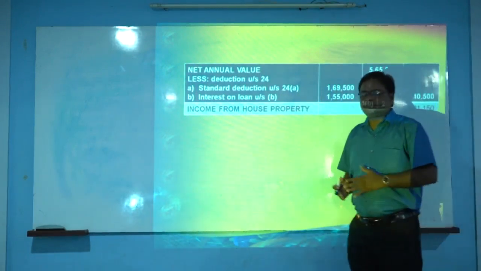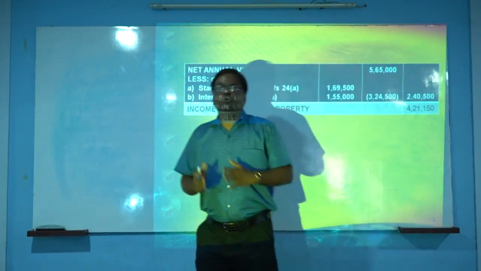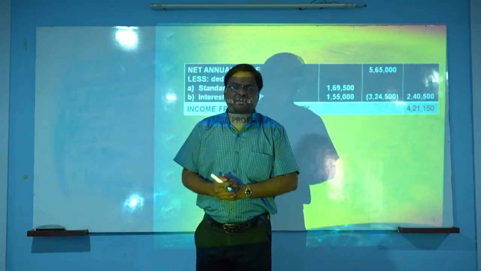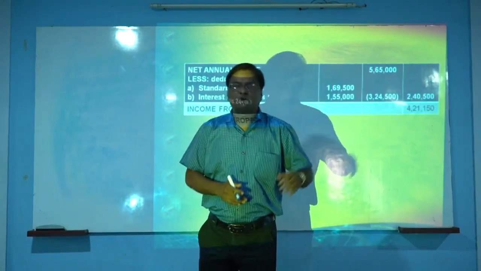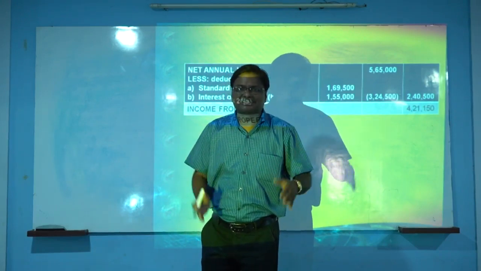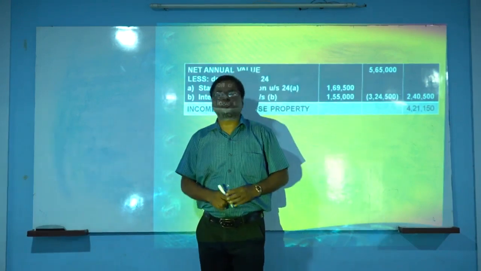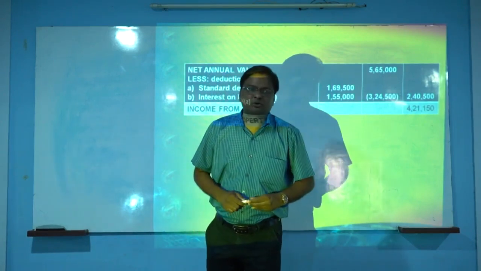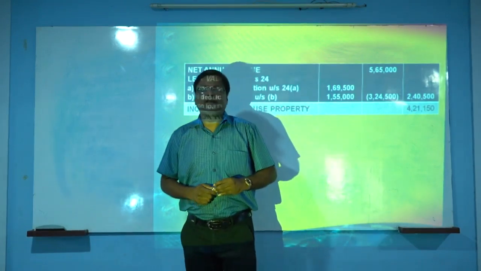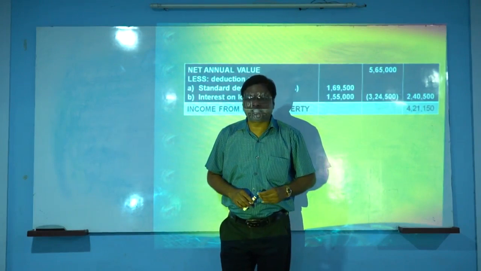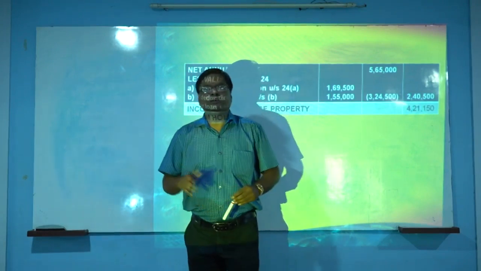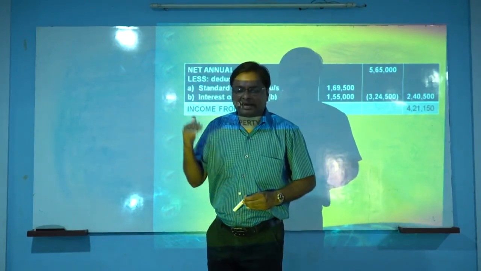These are the steps, this is the procedure to compute the taxable income from house property. A person having more than one house property and all are LOPs, such a problem we have solved today. Same problems you have to practice at home, and if you have any queries you can ask anytime through WhatsApp, or you can ask me by directly calling me.